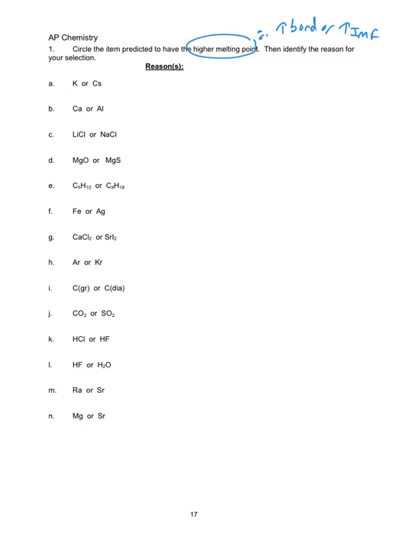We look at bonds first, and if they have the same type of bonds, then we look at the IMFs between the molecules to see who's going to have the higher melting point or boiling point. And then give a reason for it. It doesn't have to be so detailed. On the FRQ for this exam, I would try to provide great detail like I just showed you in the previous problems. One last thing I want to briefly mention. This page will be in Canvas, and I'll have the answer key for you to look up.